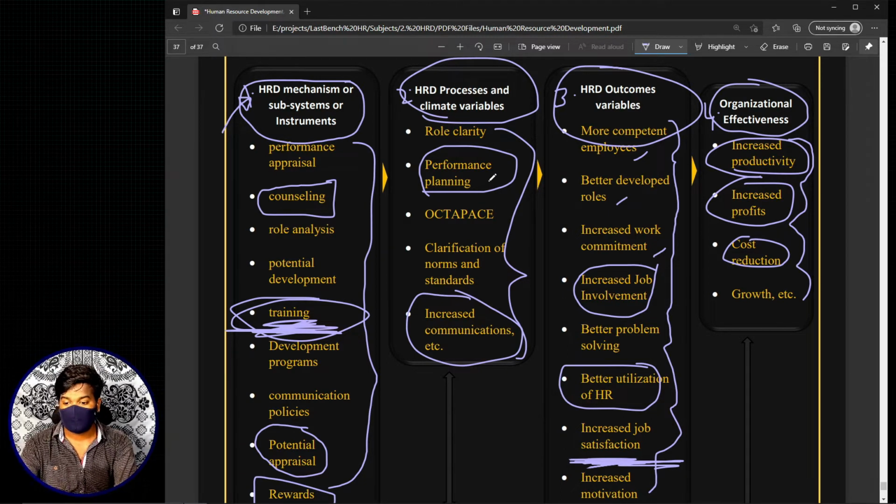Using this model I can tell that my aim is increased job satisfaction, and the tool or mechanism that I have chosen to use is training. Now I can concentrate on different HRD processes in order to get to my objective. That means I'm using training as a tool and my objective is increased job satisfaction